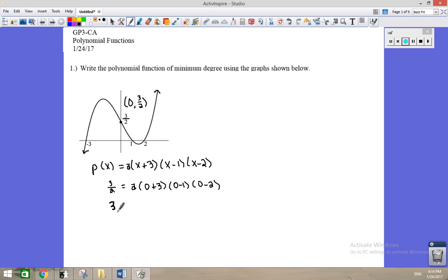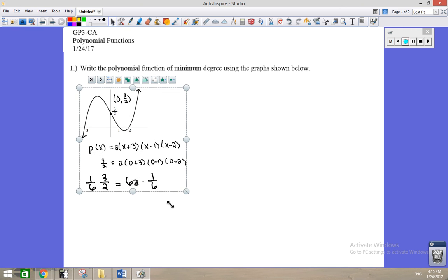We've got 3/2 is equal to a times positive 3 times -1 times -2. It's going to be a positive 6. So if I divide both sides by 6, or multiply by 1/6 on both sides,